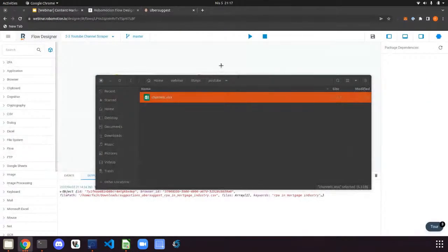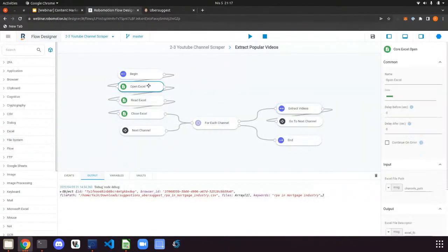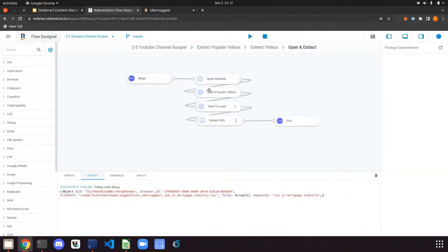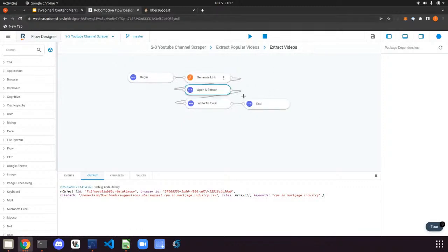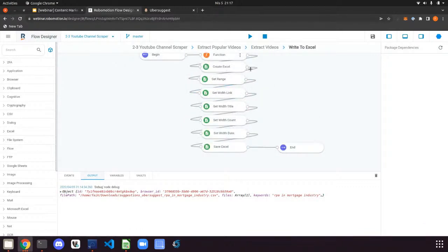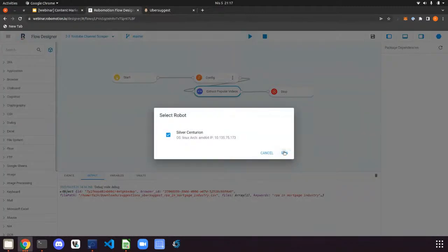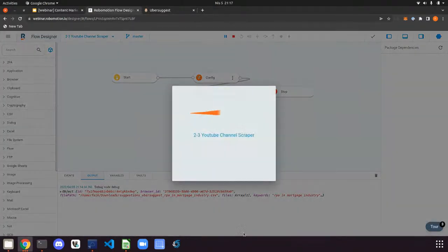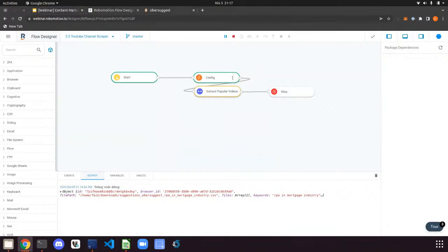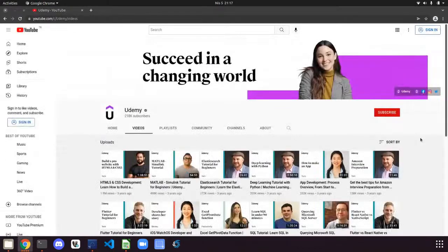When we start this flow, it will open the Excel file, read the Excel, and for each channel there, it will go to that channel, open the popular videos page, and then extract the data, and then write it to an Excel file. So let's start this one. It started with Udemy, and then continues with Free Code Camp,